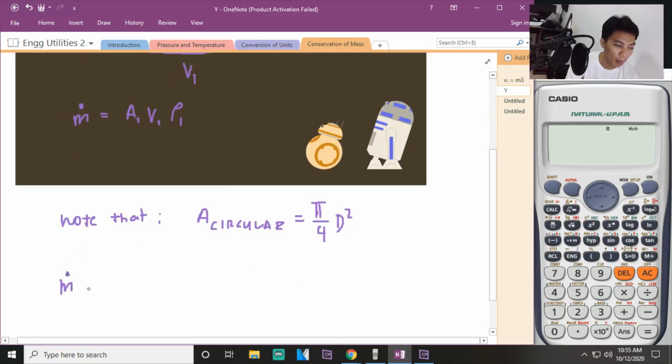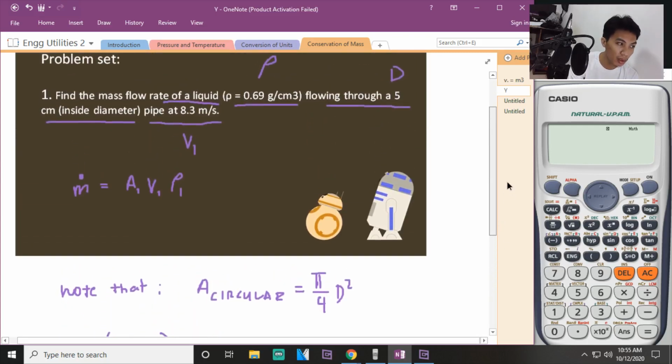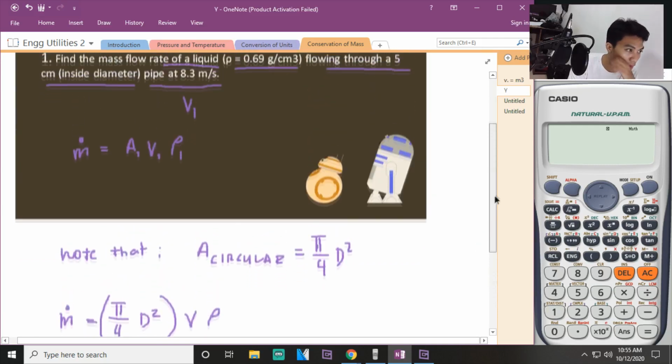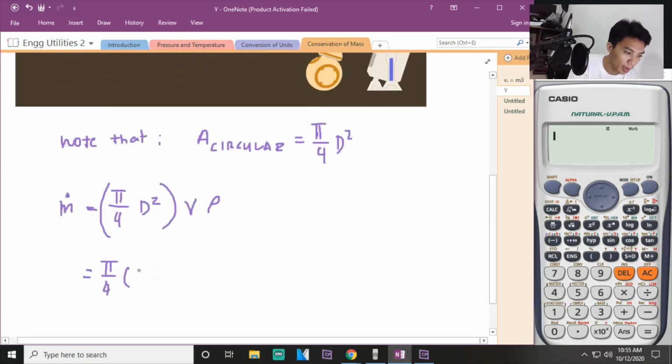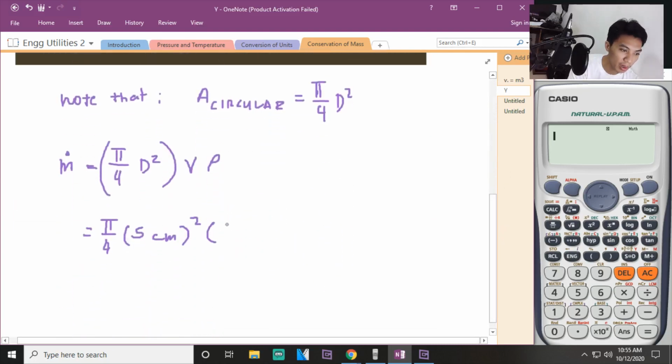Mass flow rate will be equal to pi over 4 d squared. Okay, bakit? And then, multiply by velocity, density. Given naman lahat yan, so we can solve pi over 4. Ano ba yung d? That is in cm. So, that is 5 cm, 5 squared. Yung velocity niya, yung binigay, 8.3 meter per second. Okay. So, the density is,